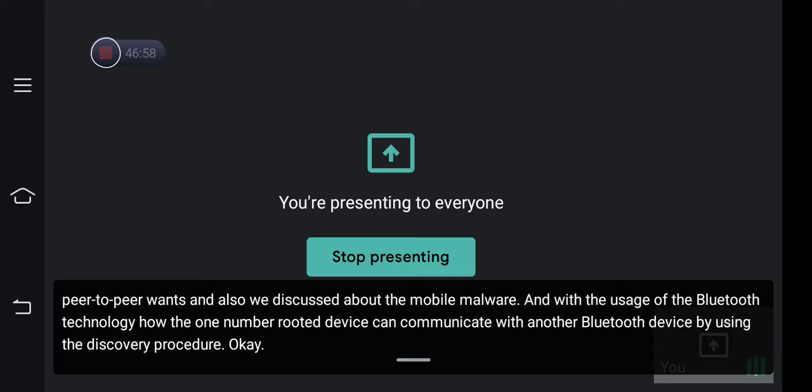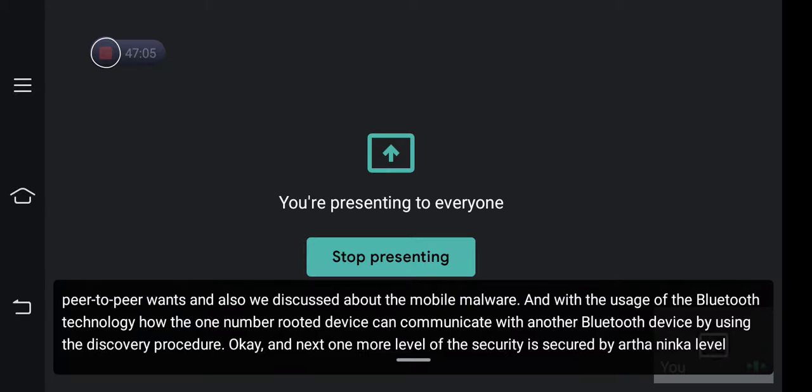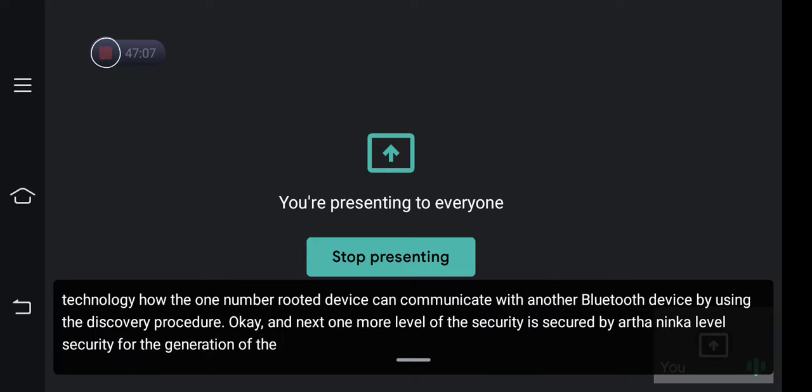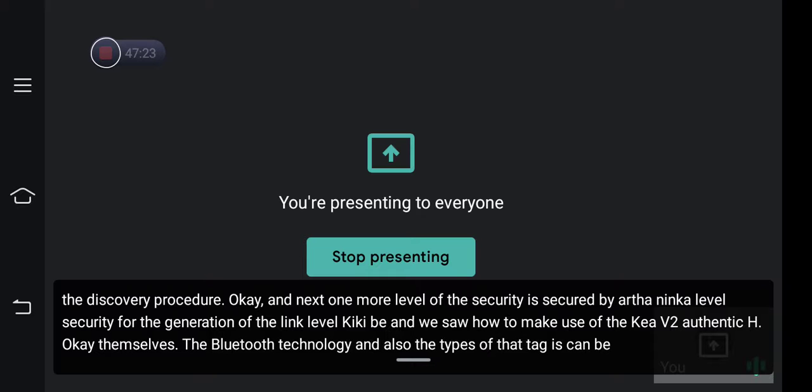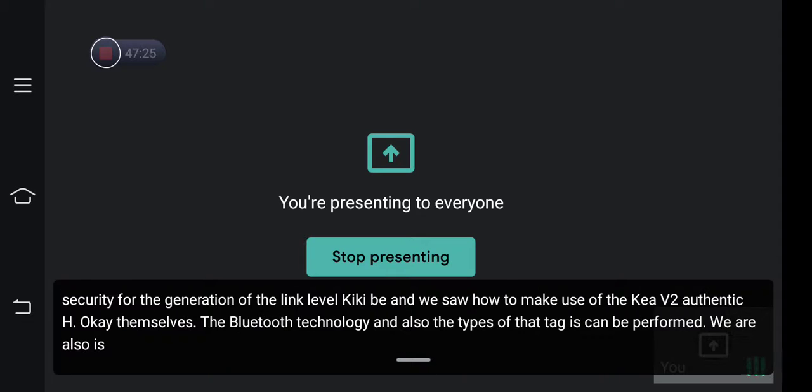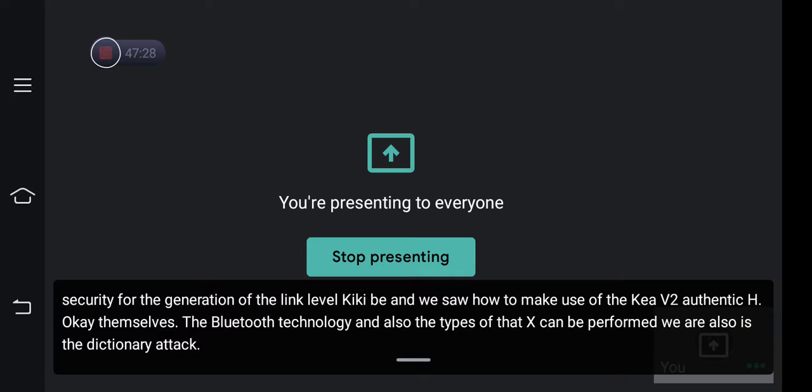Next, one more level of security is achieved at the link level by the generation of the link level key KAB, and we saw how to make use of the KAB to authenticate themselves in Bluetooth technology, and also the types of attacks which can be performed here, such as the dictionary attack. That's it.